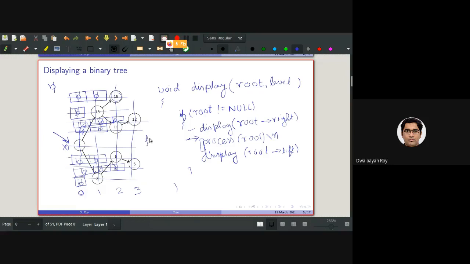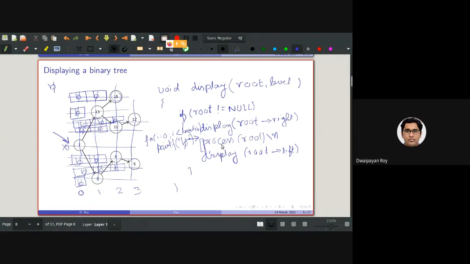So to do that, what shall we be doing? For i equals 0 to i less than label, i plus plus, and then what we need to do is printf, say, blank spaces. So that should be done before this processing.